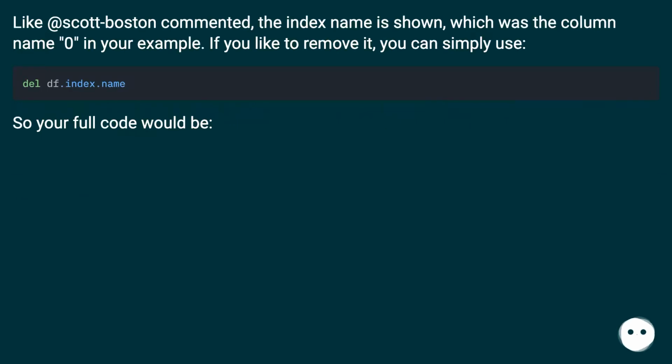As Scott Boston commented, the index name is shown, which was the column name 0 in your example. If you'd like to remove it, you can simply use the following. So your full code would be